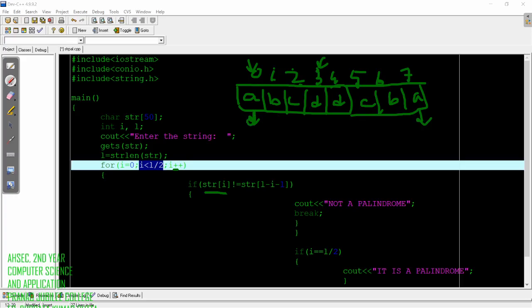When the program is checking this index value, which index value from this half do we need to check? Say this is the half divided, so which index value? This. So for that part, when it checks this, which index value do we need to check? This, right? So for this, the expression will be L, where L means the length, that is 8, minus whatever the value of I is at that moment.